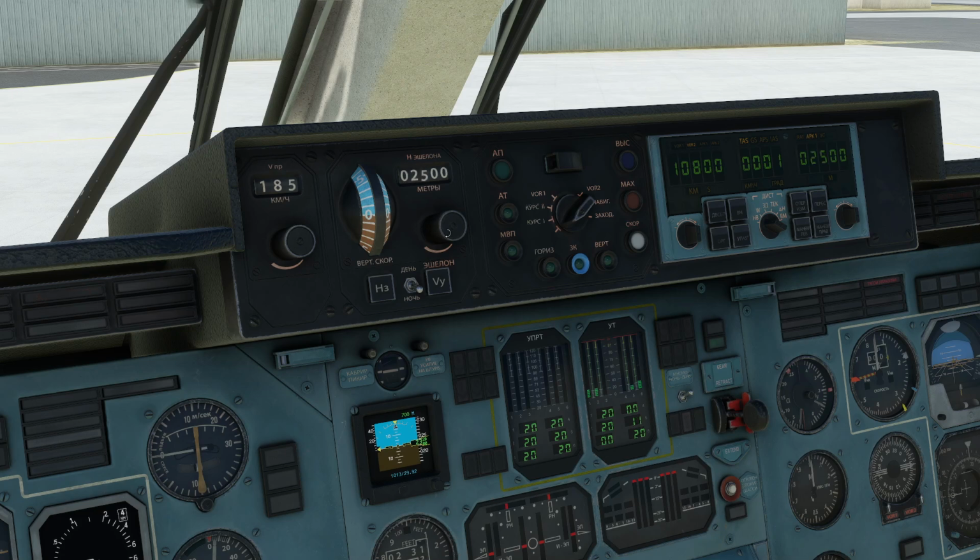So let's go. You can do this exactly. There's an option in the tablet to go in ones instead of hundreds. Obviously we're not doing that. We're going to set the target airspeed as well. This is in kilometers per hour, not nautical miles per hour. So 250 knots would be 463. So we'll set this out for 400 to begin with, just to give ourselves some leeway there. So we're just holding shift on and rolling the mouse wheel to take it out to 400